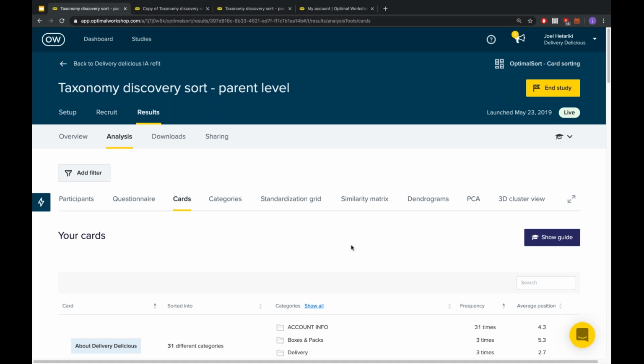Now, what we are looking at here is results for a card sort. As you can see, we've got a lot of different ways to visualize and dig deeper when you're analyzing this information. And that's because this is an open card sort, so it's kind of exploratory in nature. And there might be a few different ways that you want to dig into it and learn more to help you with your research insights.